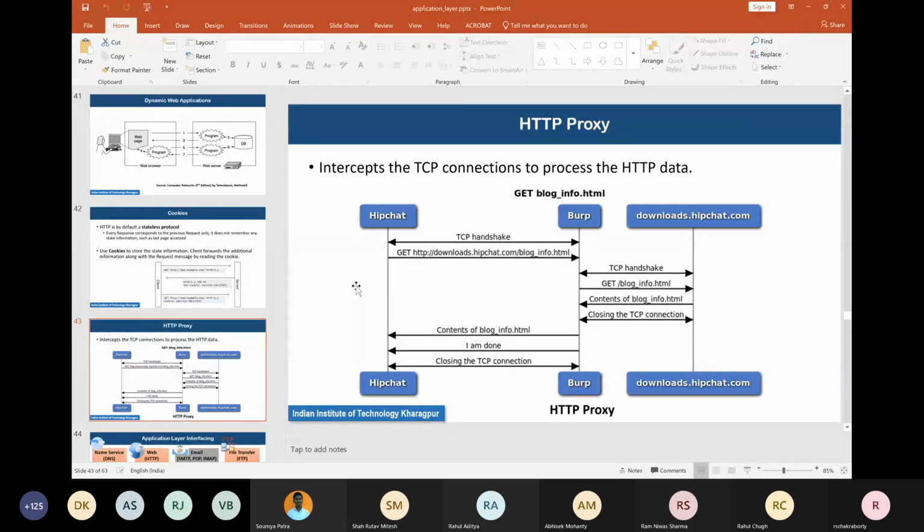VPN is typically used by organizations. VPN accounts, login credentials and special software are distributed to the parties. You have to install this VPN software on your local computers, and then you can use it remotely to access the internal networks of your organization. Very, very common in work from home situations among companies nowadays.